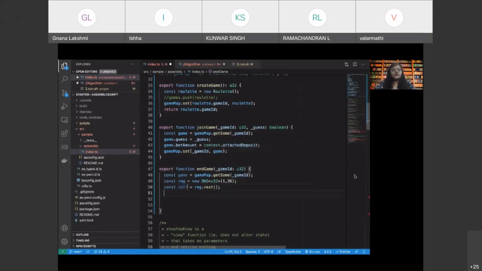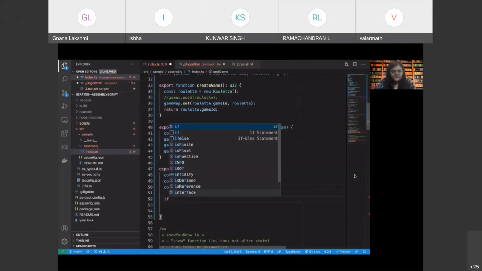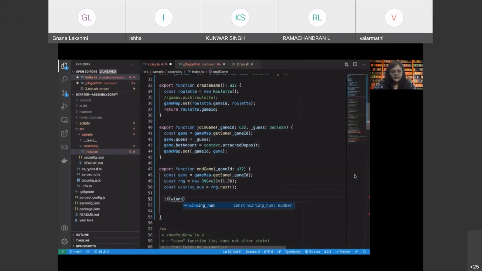Now our random number, or let's call it the winning number, right? So winning number percentage 2 equal to 1. That is, the winning number is odd, right?